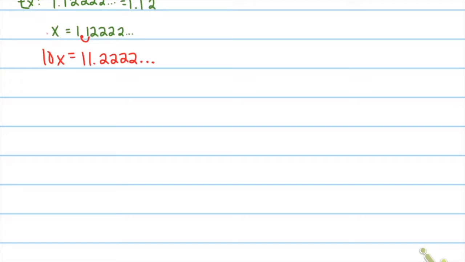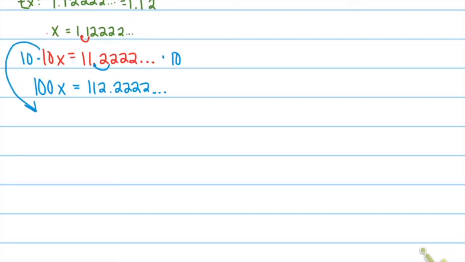If I multiply these equations by 10, I'm able to move that decimal place one more time to get one repetition out. 10 times 10 gives me 100x, and that's going to equal 112.222... If I bring my original red line down, okay, I'm going to subtract 10x from here,